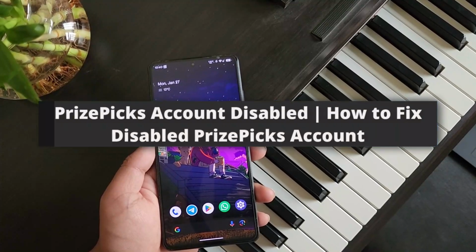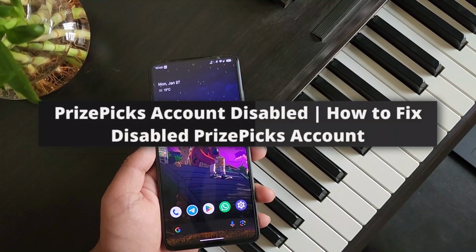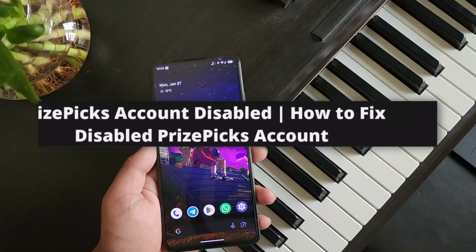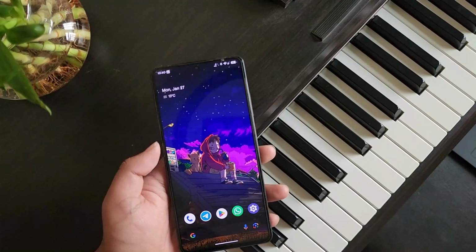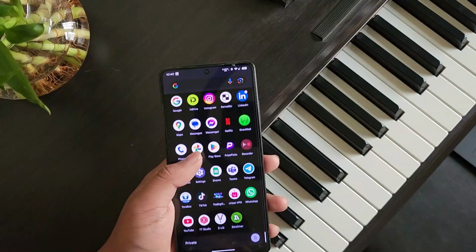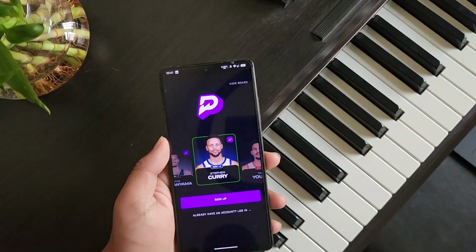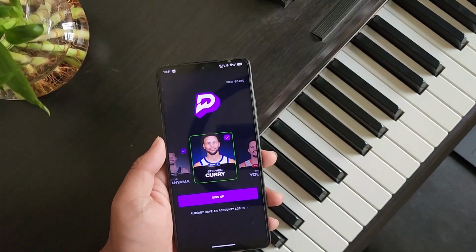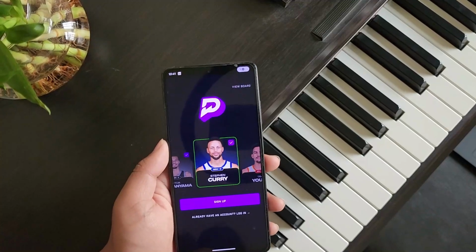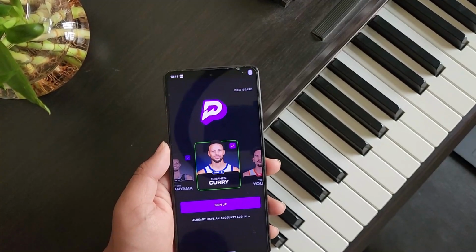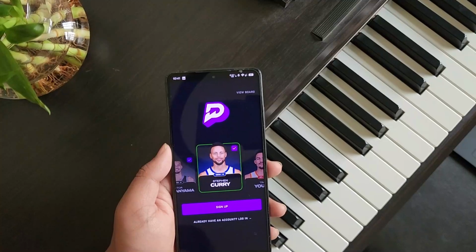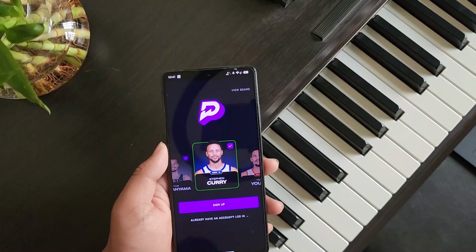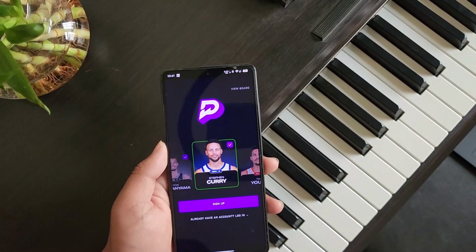PrizePicks account disabled. How to fix a disabled PrizePicks account. If your PrizePicks account has been disabled, it could be due to some form of violation within your account. Maybe you did not comply with the terms and policies. Sometimes it could be a temporary disable, and in that case your account will be reactivated after a couple of days. But if it's been quite a while and you're not able to gain access to your account,